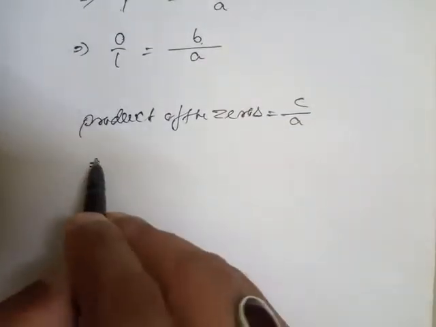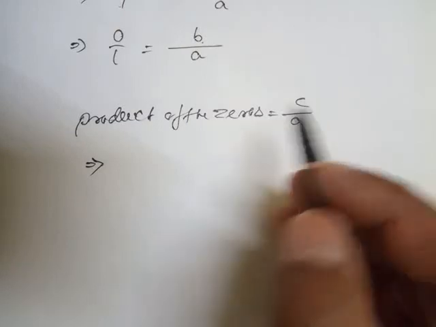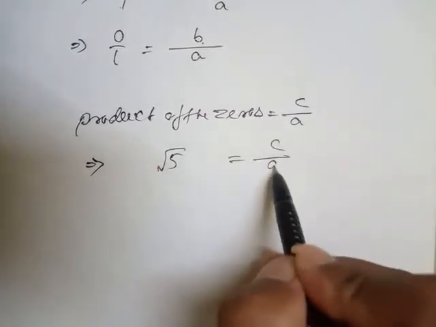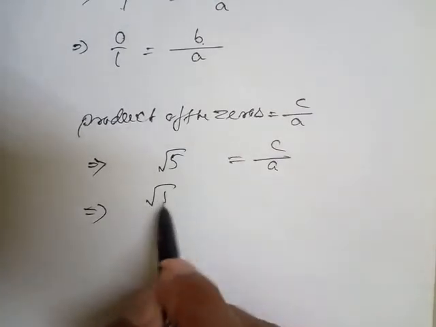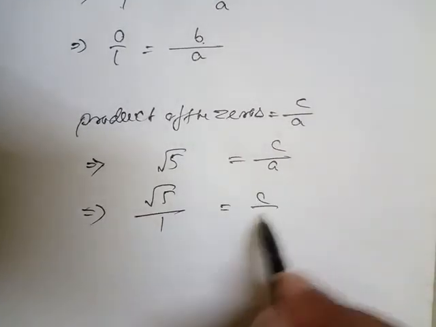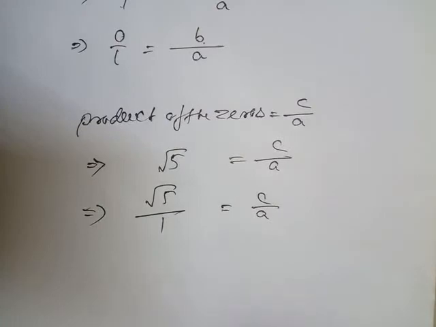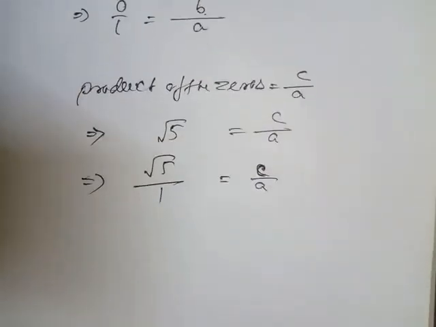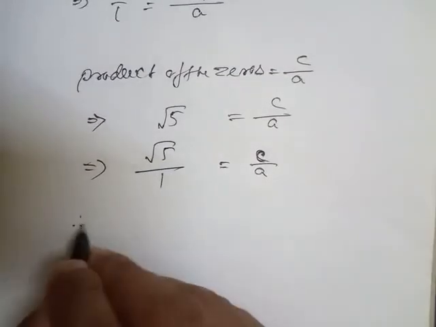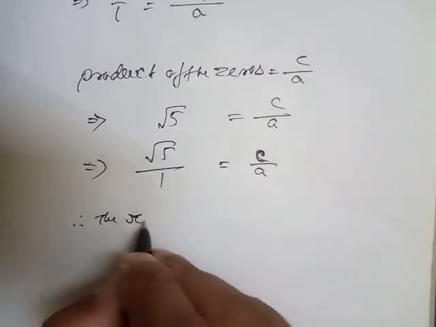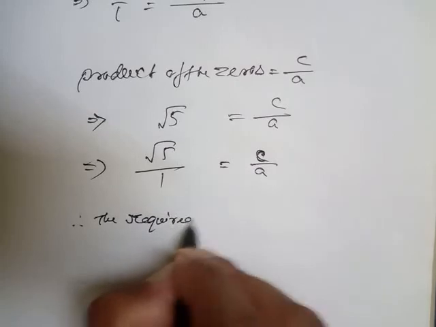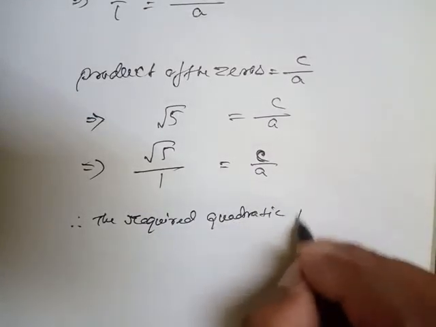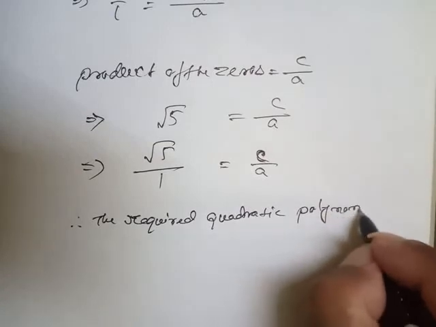Now the product is given here, root 5, equal to c by a. So here we can write root 5 by 1 equal to c by a, which means a equals 1 and c is root 5 and b equals 0. Therefore, we can write here the required quadratic polynomial